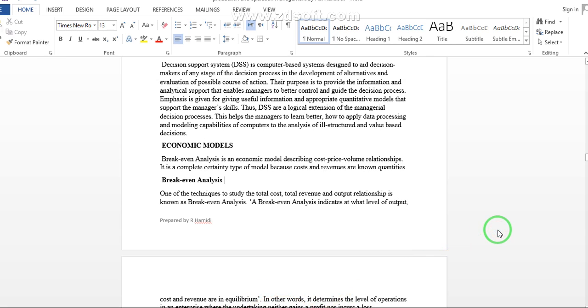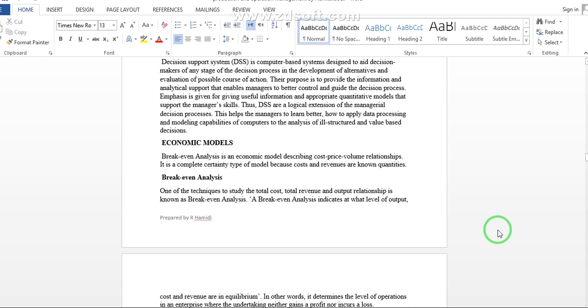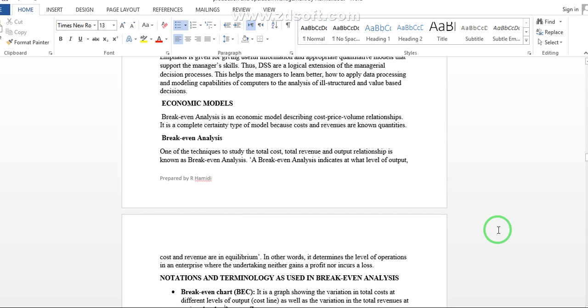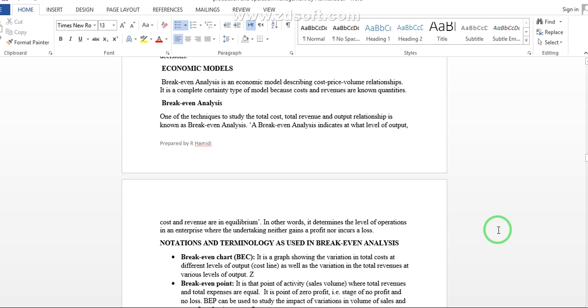As we discussed in our previous class about decision support systems, which are required for providing information and data related to our operations, we also discussed one of the economic models of operation management, particularly break-even analysis. Under break-even analysis, we say that it is the type of analysis which shows the break-even point of the